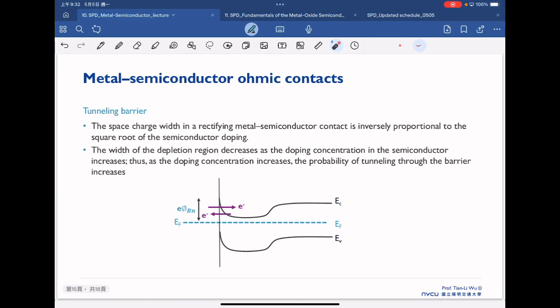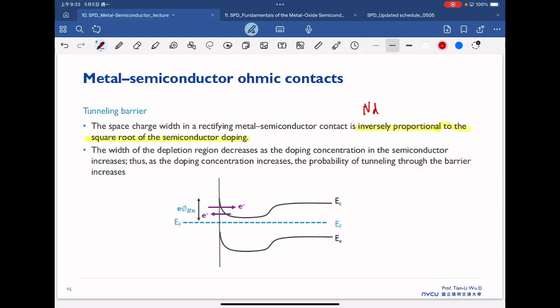There is one special case that we call a tunneling barrier. This tunneling barrier is considered because the space charge width in a rectified metal semiconductor contact, as we know, is inversely proportional to the square root of the semiconductor doping. This sentence means that